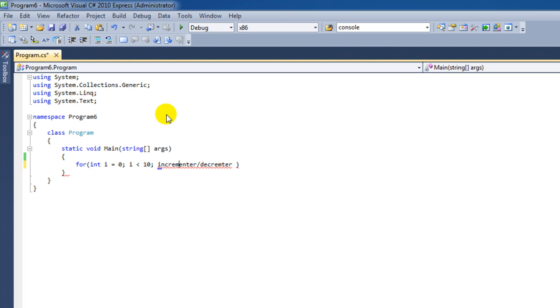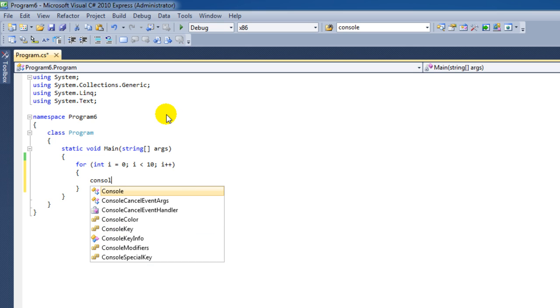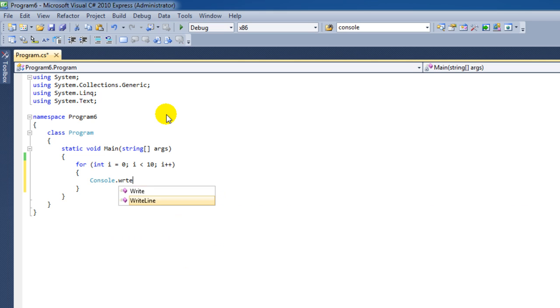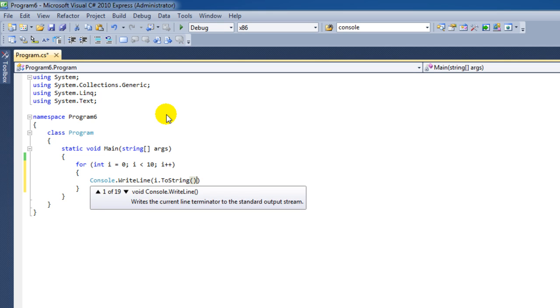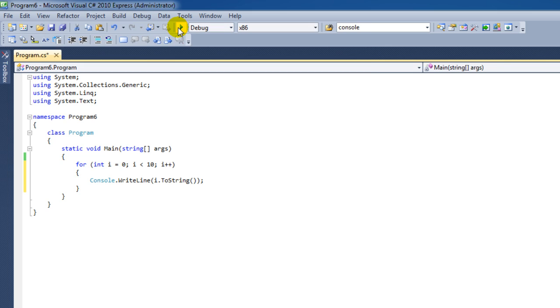Okay, and as you can see, the first two parameters are already correct. And then the last one is the incrementer or decrementer. That means what value should we add to i to increase it or decrease it, depending on what you want. In the most basic for loop, we're going to use i++, which means that it increments with 1. And then inside this, in the body of our for loop, we can simply print out the value of this i variable. And then when we run our program,